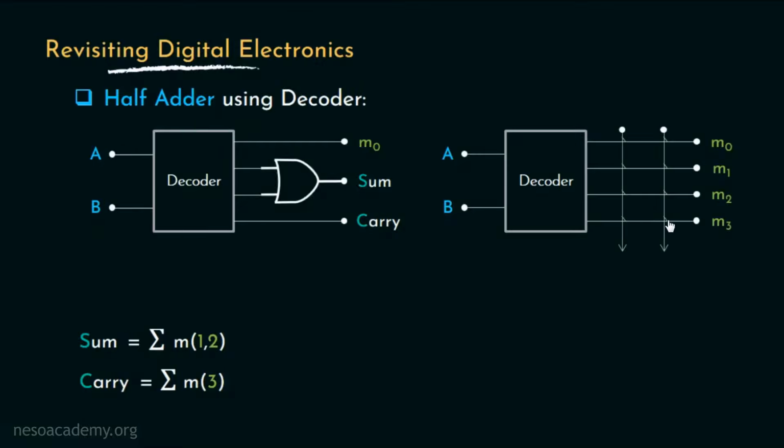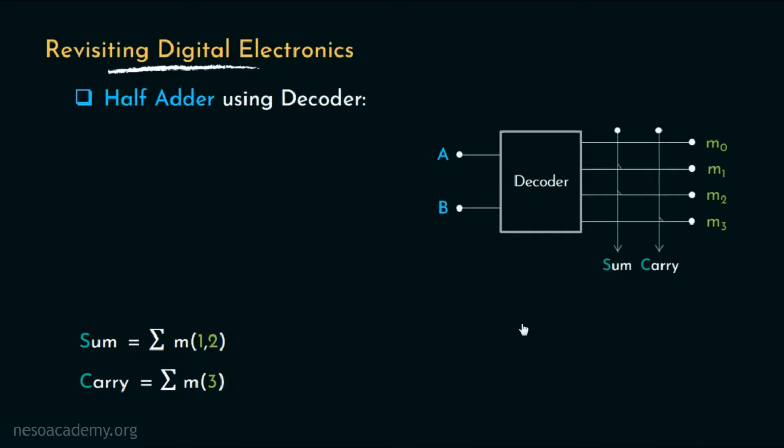When we program some logic in this organization, we burn the links which are not really required to represent a specific function. For an instance, if we want this particular connection to represent sum, we will only need M1 and M2. Therefore, for this connection, the link of M0 will be burnt, and similarly, the link of M3 will have to be burnt. And finally, this connection will represent the function sum. Now, in order to represent carry using this connection, we need to burn the links of M0, M1 and M2. Only the link of M3 will generate the carry.